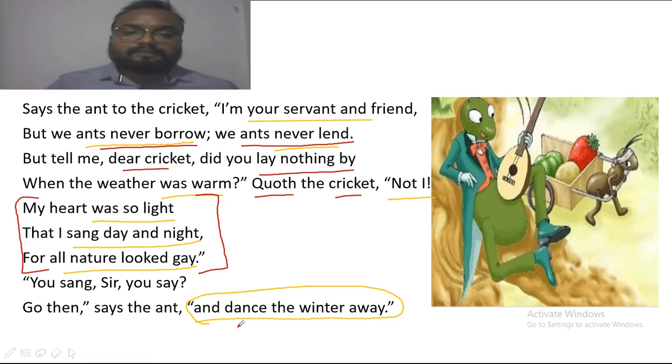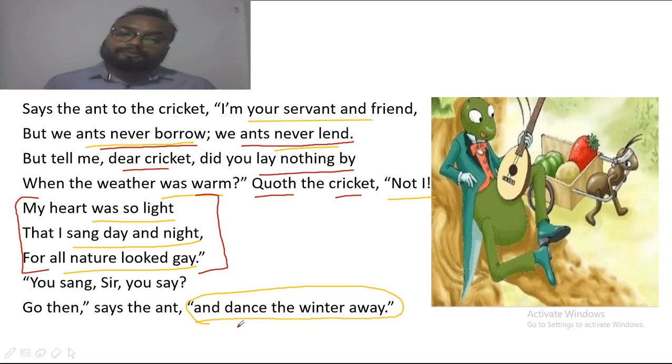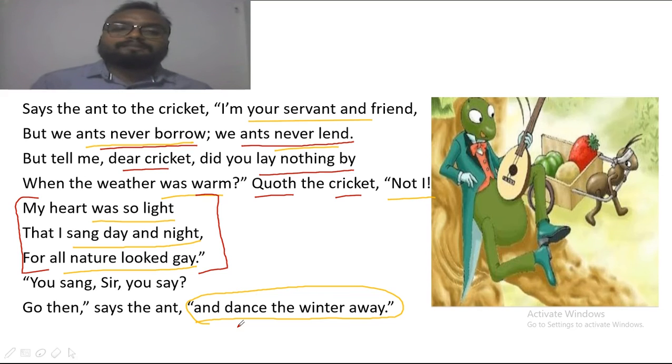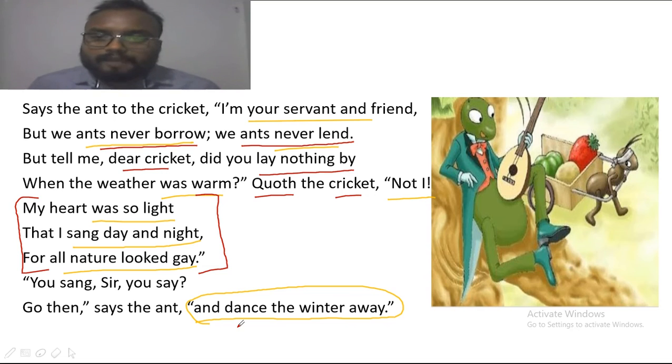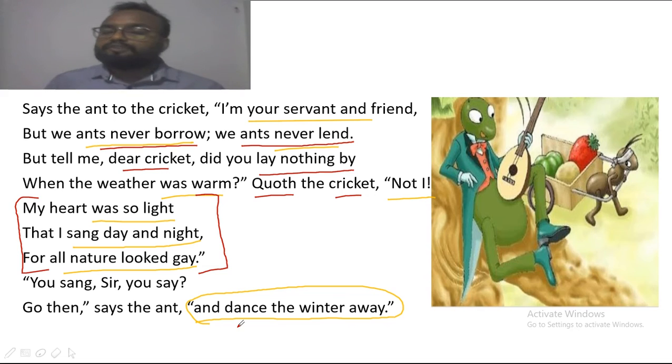and when you were singing, then now you go and continue with your dancing and singing. And now I hope that the thing which you have done at that time will help you right now in this adverse situation. Therefore, I ask you to go and dance and sing and dance the winter away. It means during this time, continue with the same activity which you did in the past,